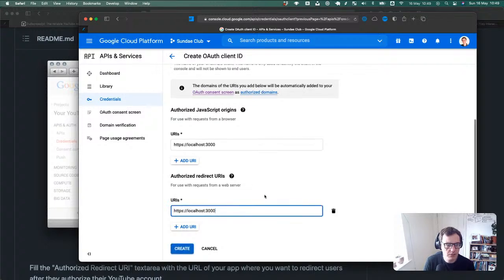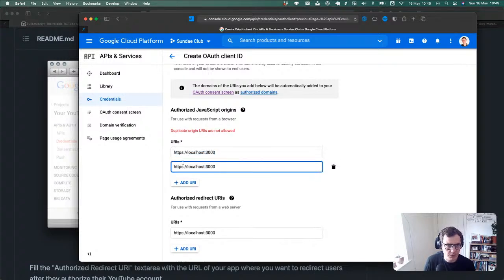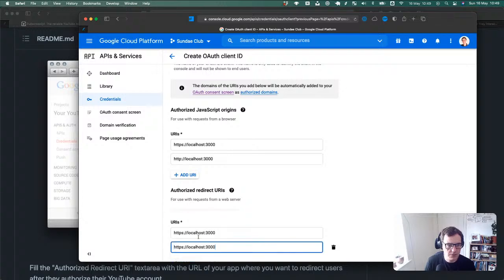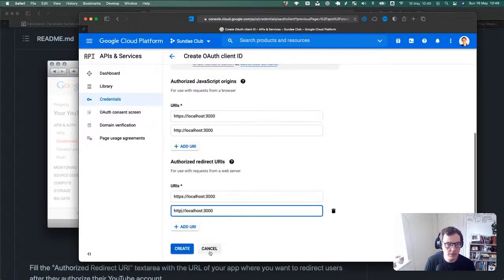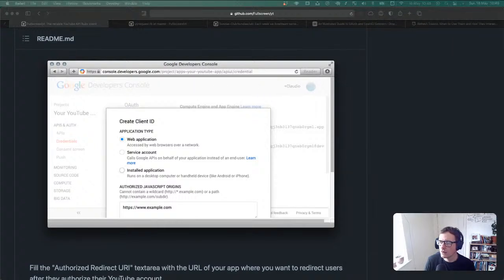Same thing here. I'm guessing if we try and add the HTTP one, it won't work because it's not HTTPS. Okay, we're going to again test over here. Hit create.